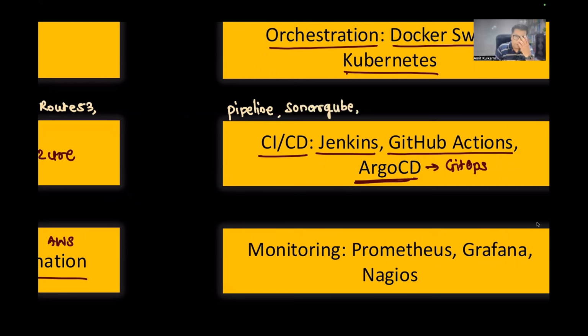SonarQube is a very popular tool which is used for testing, not testing, I would say, but checking what the test score is. We'll create some artifacts. You can see the entire dashboard on SonarQube, like what's currently the case there. It's very important, and it supports many languages as well: Java, JavaScript, TypeScript, C++, Kotlin, Swift, and others. So SonarQube is very popular, and we'll be integrating that inside Jenkins.